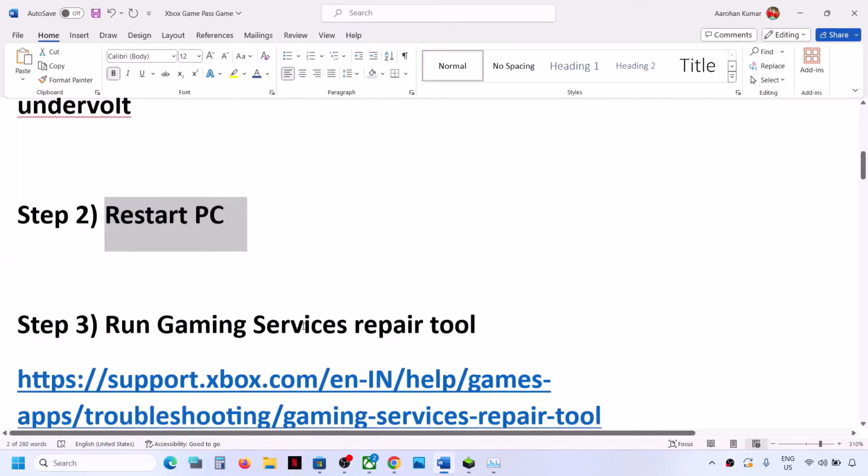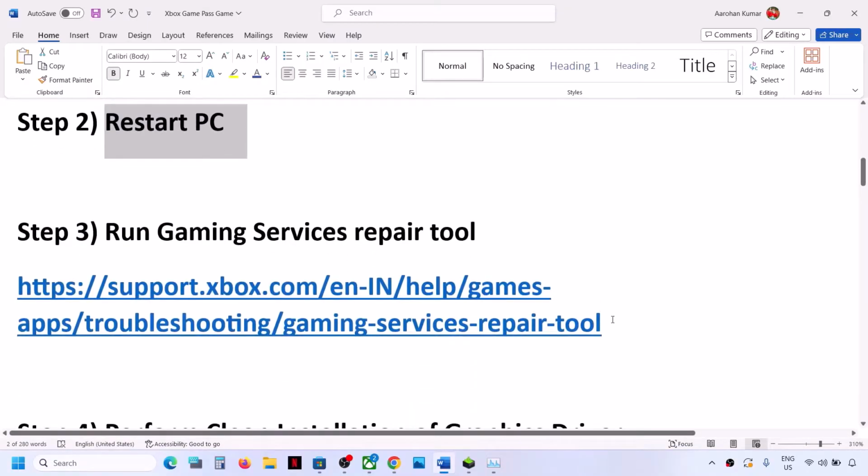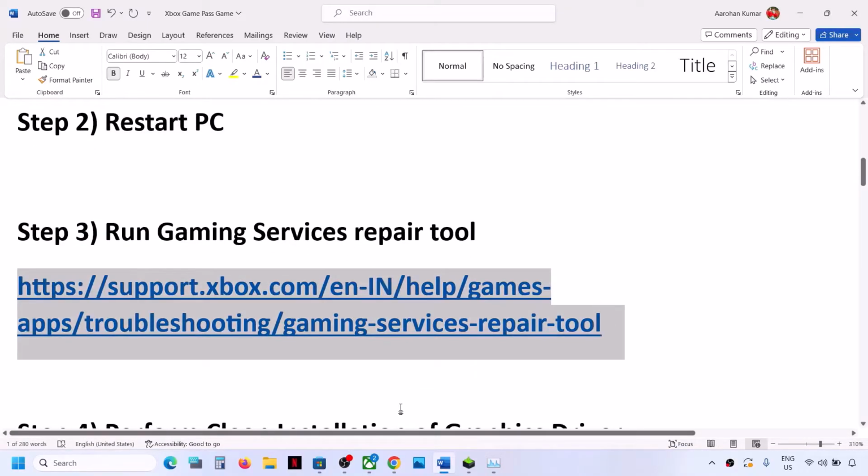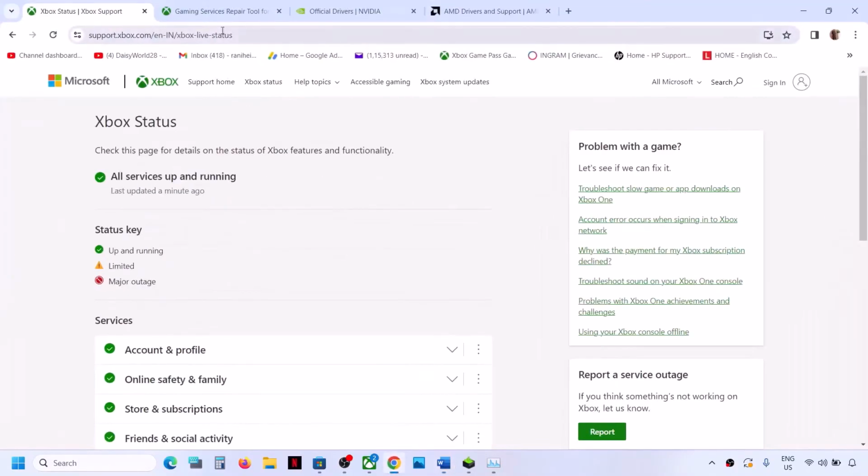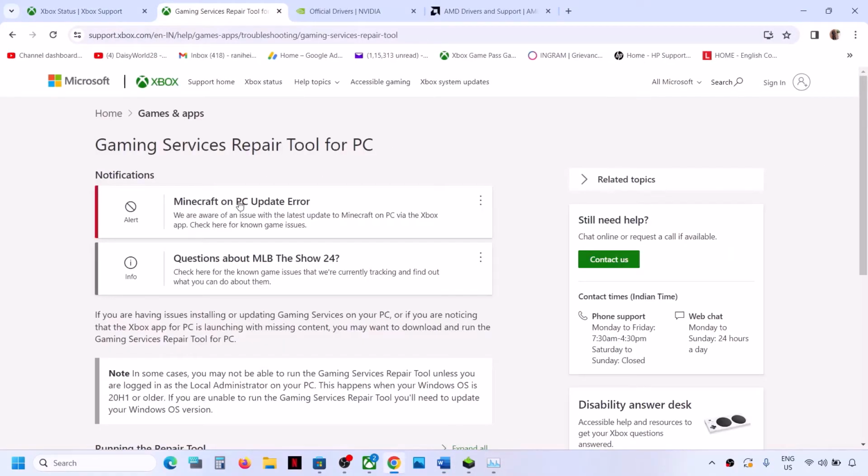Next step is to run the gaming services repair tool. Now for this, copy this link. The link is provided in the video description. Open this link in a browser. It will take you to the Xbox website. Over here you can see